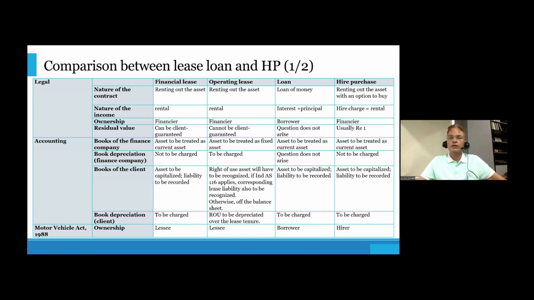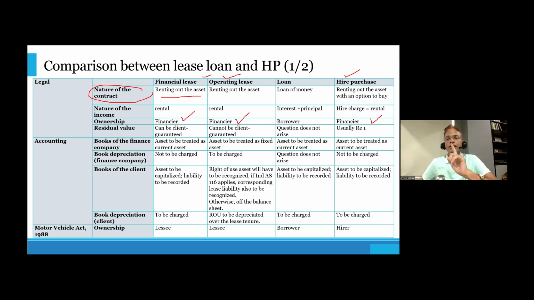Legally speaking, by way of legal nature, financial lease, operating lease, or hire purchase, it's the legal nature of the contract. Legally, who is owning the asset? The lessor is owning the asset. Therefore, ownership of the asset stays with the financier in a financial lease as well. The ownership of the asset remains with the lessor in an operating lease as well. The ownership of the asset remains with the financier in case of hire purchase too, because hire purchase also gives